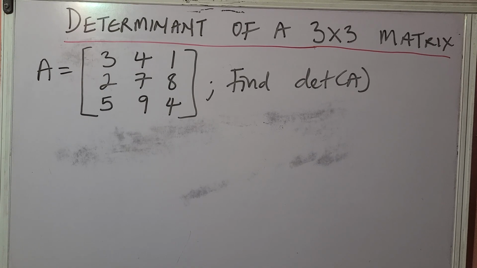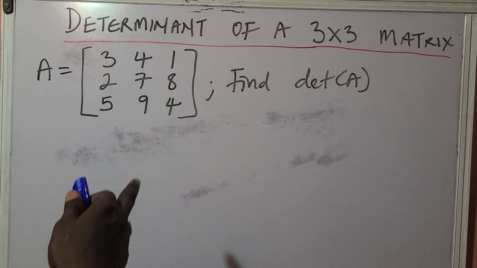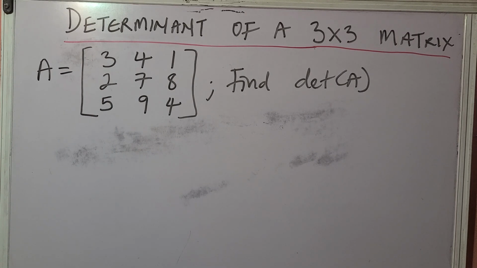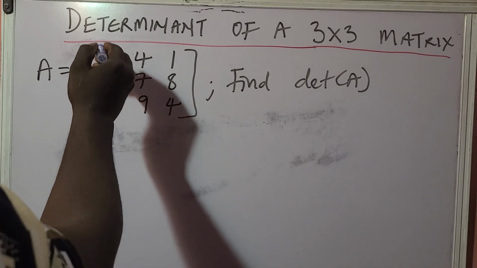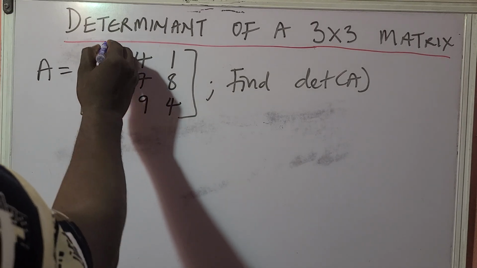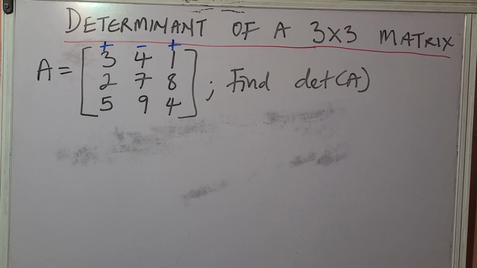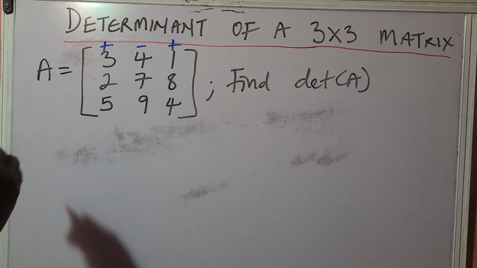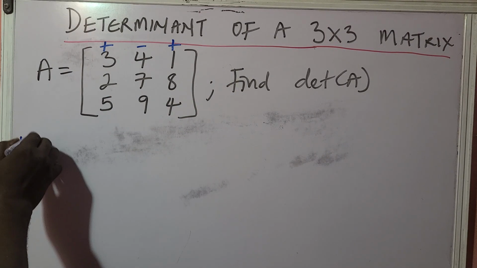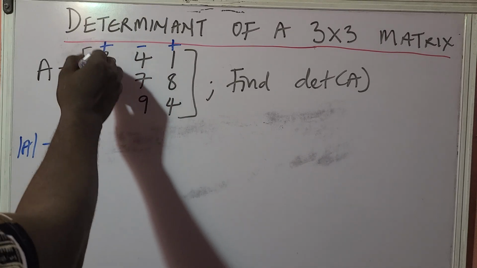All right, you can pause the video right now and try and resolve this. So let's see how to solve this very quickly. In finding the determinant of this 3 by 3 matrix, the very first step is to, as I said earlier, use a plus sign, a negative sign, a plus sign. So to find the determinant of A right here, you will bring out plus 3,